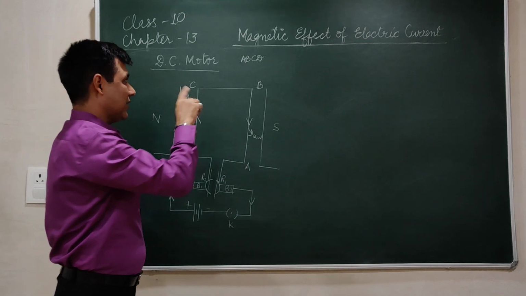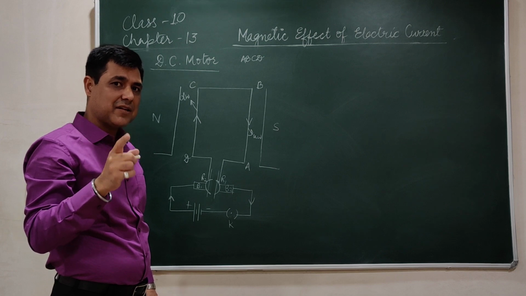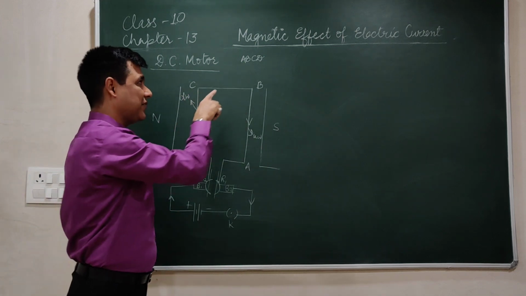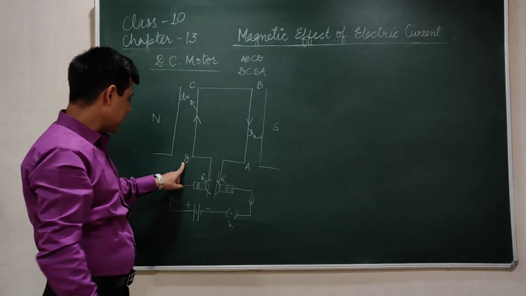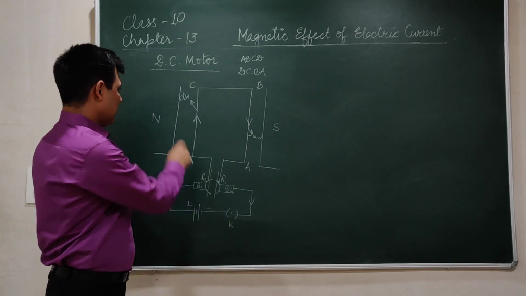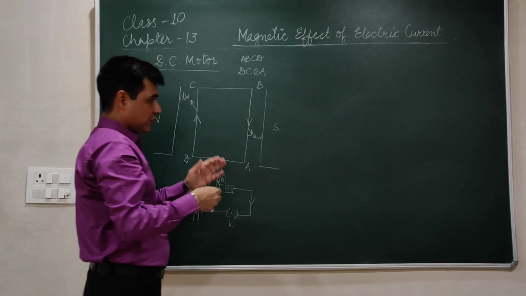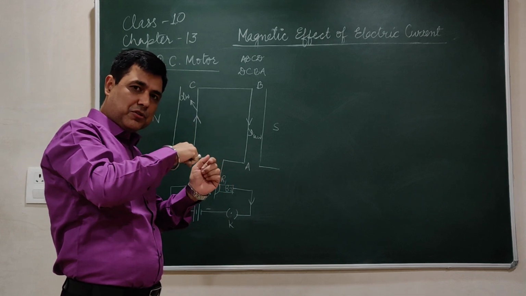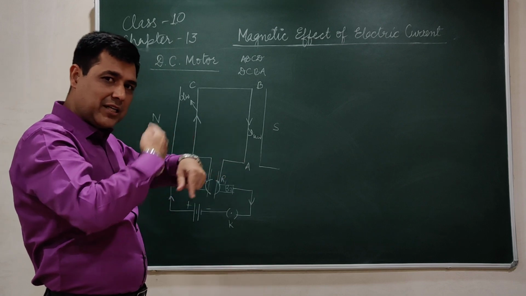Now think about the direction of current, as I told you, the function of split ring is to change the direction of current after every half rotation in armature coil. The direction of current in the first half was ABCD, now it is D to C, B to A. If you apply the Fleming left rule, the DC portion will move downward and AB portion will move upward. So the portion which was moving earlier upward now goes downward, and the portion which was going downward now will move upward. So in this way, this coil keeps on rotating.